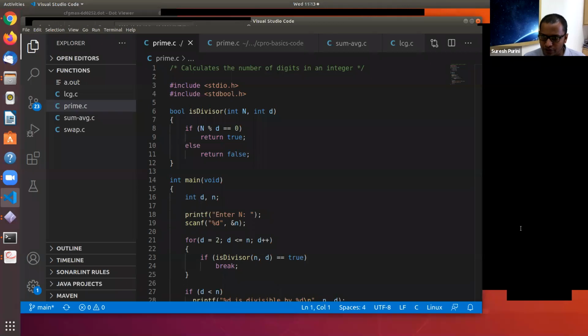So there are a few questions here. So what is the value of n? On line 23, we are calling the is divisor function with different parameters. For example, if n is equal to 5, if the input number is equal to 5, throughout the loop, whenever we call is divisor,